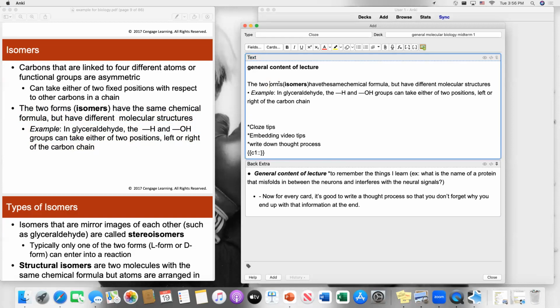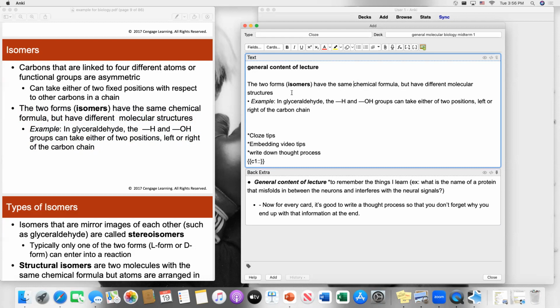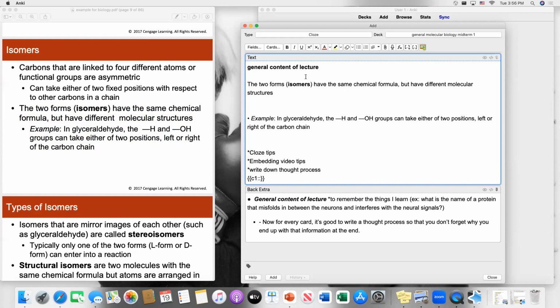Maybe you have to remember what isomers are. The two forms have the same chemical formula, but have different molecular structure. Maybe you can make it faster for yourself. If you wanted to make your cards faster, you can just say the two forms of isomers have the same chemical formula, but have